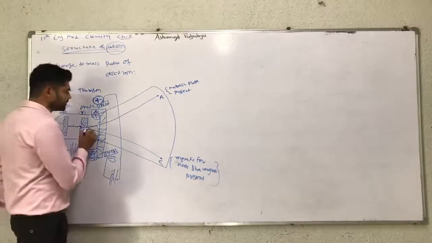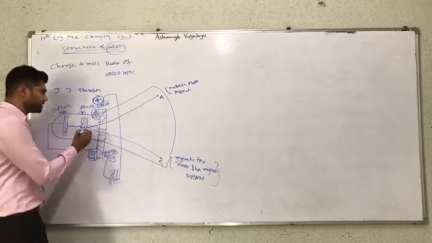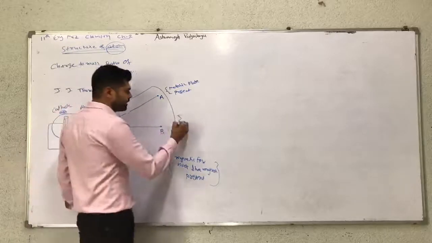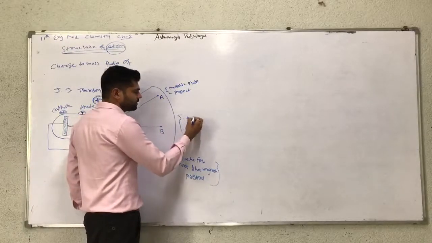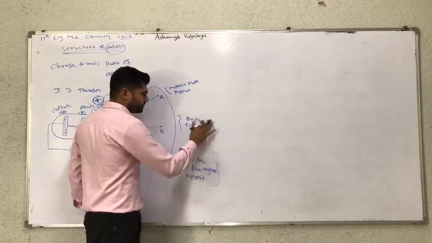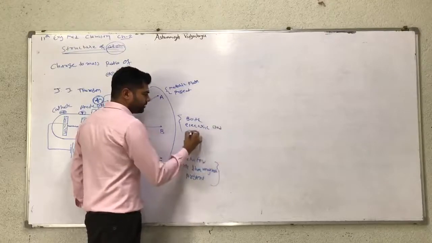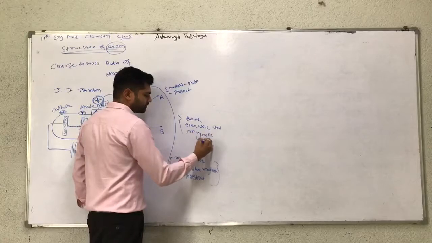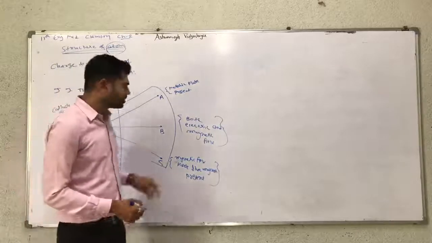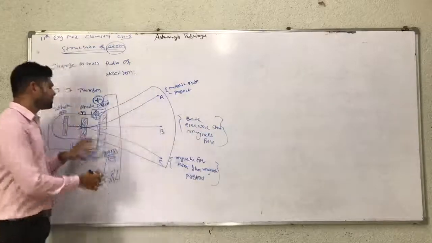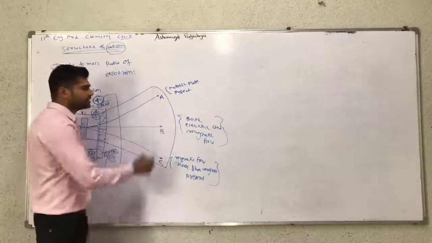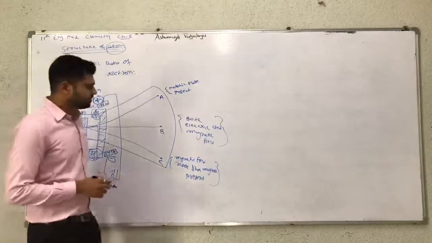Now applying both, the magnetic field and the electric field together, he observed that the ray travels in a straight line. The electric field is created by the metallic plates and the magnetic field is created by the horseshoe magnet. So in the presence of both fields, magnetic and electric, the ray travels in a straight line. These are the three observations of J.J. Thomson's experiment.